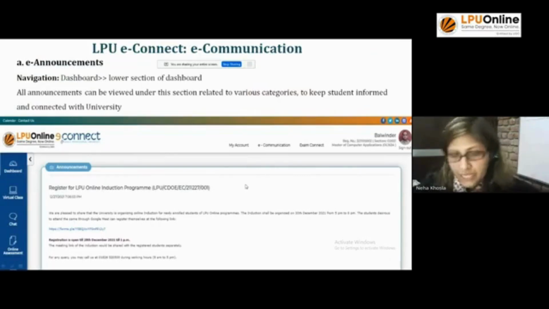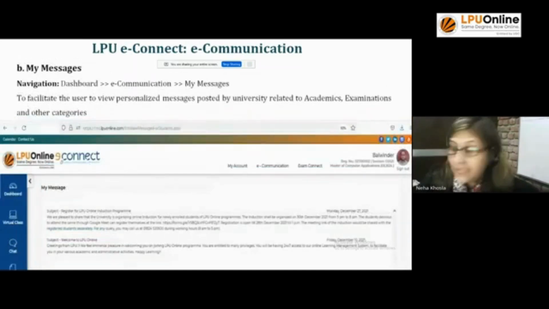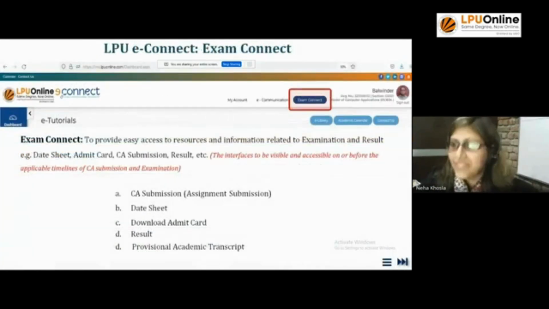देन ई अनाउंसमेंट जो अभी आपके बिल्कुल बॉटम में, जो डैशबोर्ड का बॉटम सेक्शन है, वहां पे डेट वाइज अनाउंसमेंट्स आते हैं। जो भी लेटेस्ट अनाउंसमेंट होती है वो अपर सेक्शन में आती है। देन माय मैसेजेस विच आई हैव ऑलरेडी एक्सप्लेन, आपको जितने भी मैसेजेस किए गए होंगे वो इस सेक्शन में रिफ्लेक्ट रहेंगे।